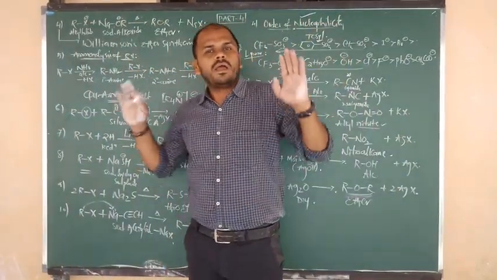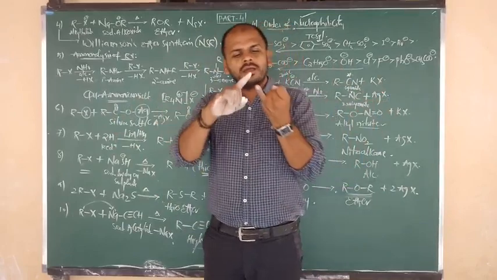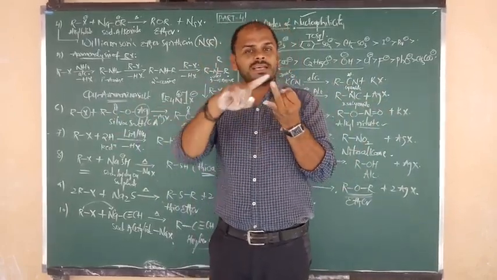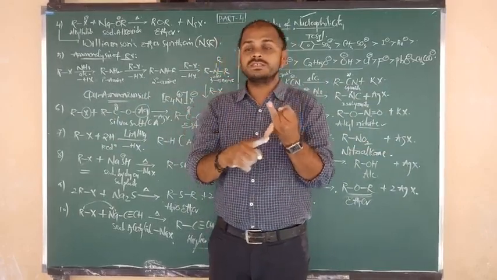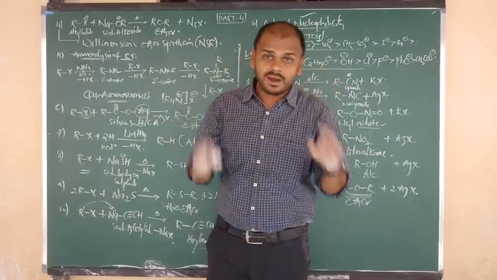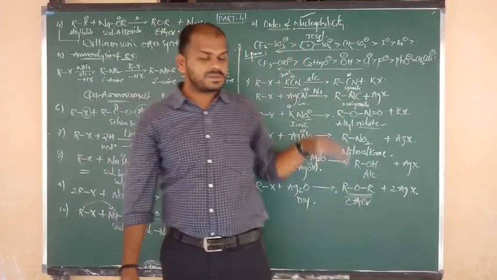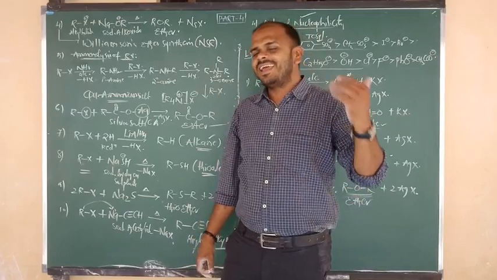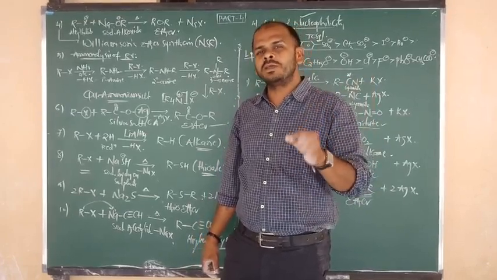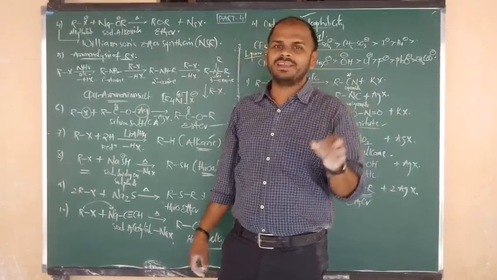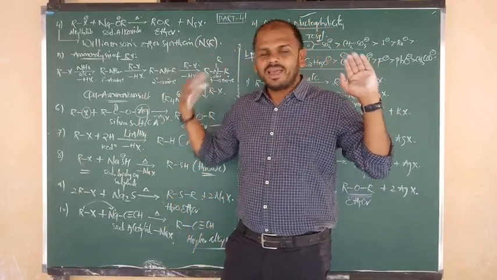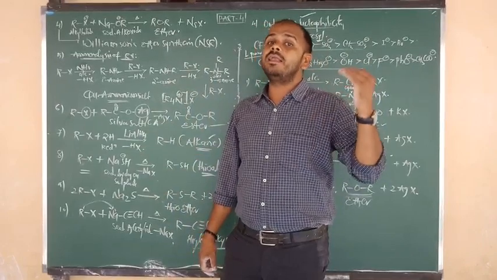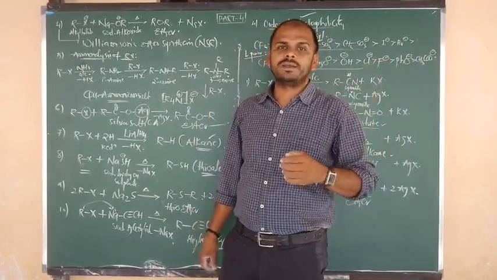Final conclusion: in today's class we have studied nucleophilic substitution reactions, the types of nucleophilic substitution reactions, their respective characters along with mechanism and some other CET points. After that, we have studied some examples of nucleophilic substitution reactions. Okay? Right. In the next class, we are going to discuss the properties of haloarenes. Haloalkanes are completely over. In the next class, we will discuss the properties of haloarenes and also the optical activity topic. Good.